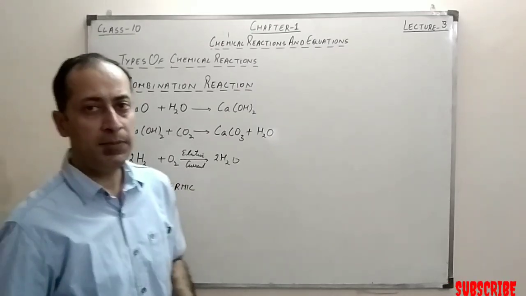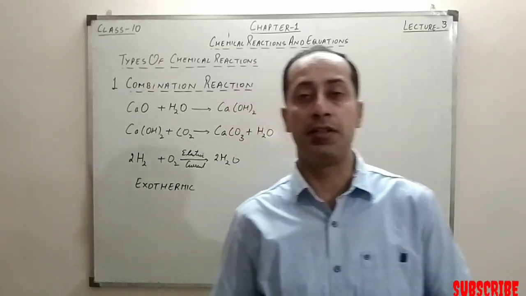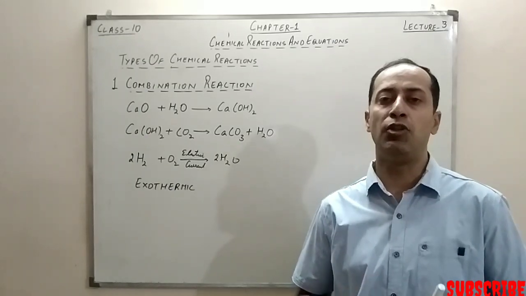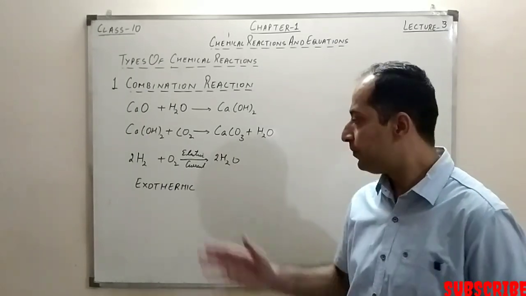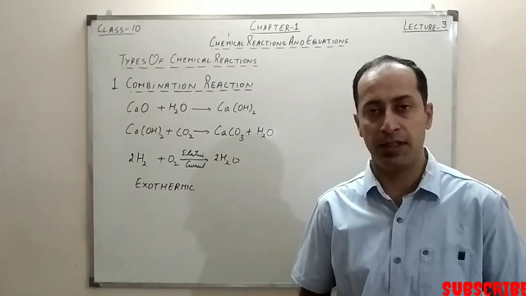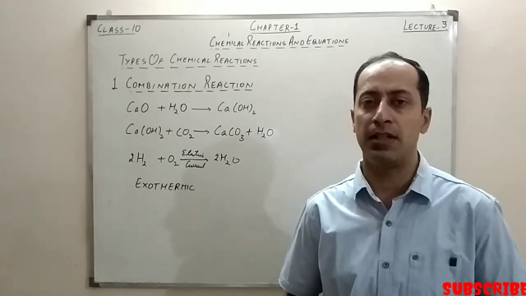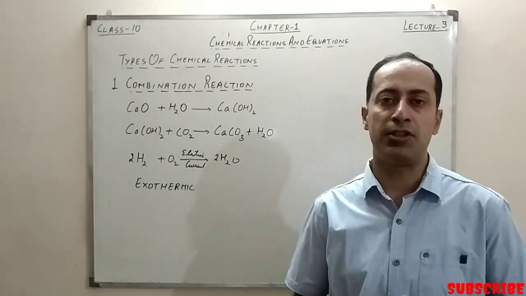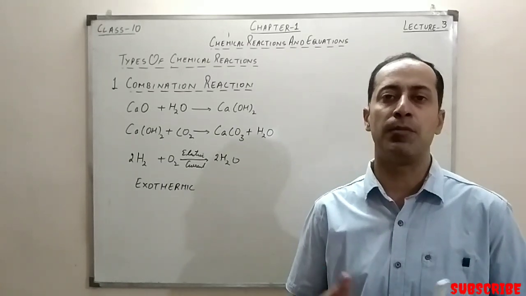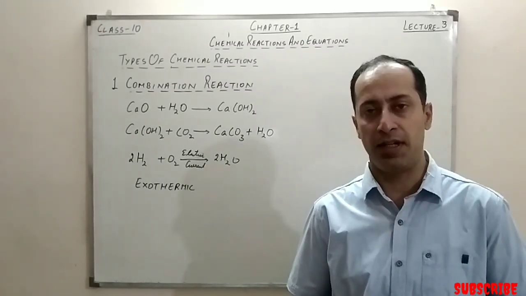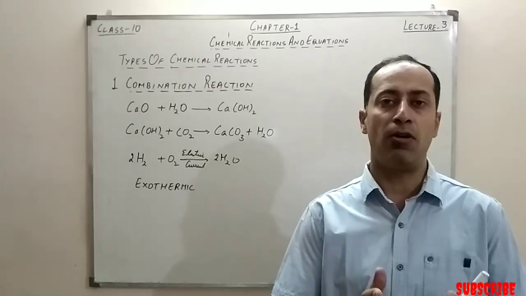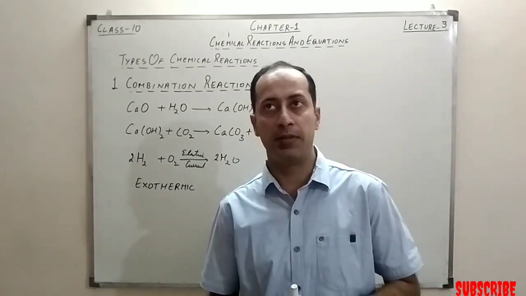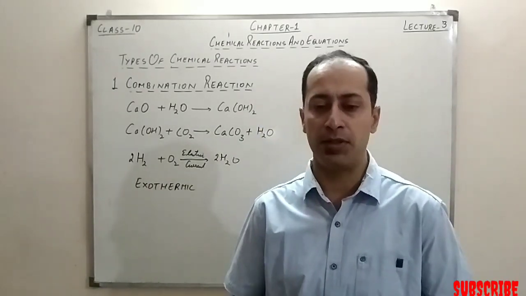Now, exothermic basically means the reaction which evolves heat. The reactions in which heat is evolved are called exothermic reactions. It means you are not doing anything, when you are mixing two things, heat is being evolved, that is called an exothermic reaction. You must remember in the first lecture when we discussed the combination of zinc and hydrochloric acid, the test tube in which we mixed these two became hot. That is not a combination reaction, but it is also an example of an exothermic reaction, right? We can talk about more combination reactions.